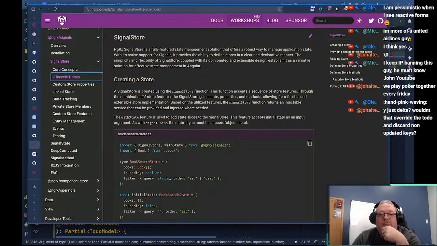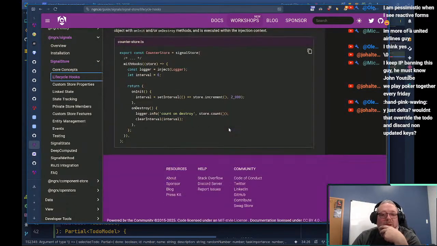There's a way to only provide a partial, and it will use that partial.